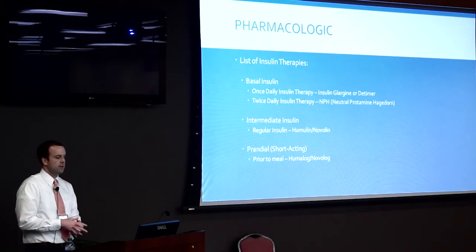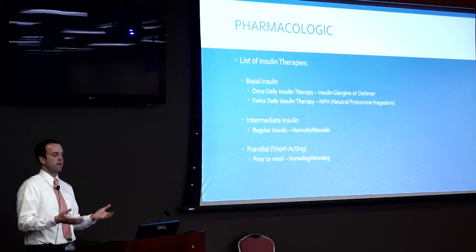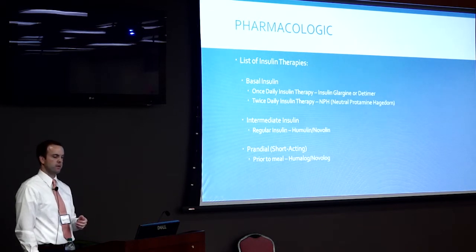So basal insulin means it's basically once-a-day therapy. So glargine and detemir are two different types of insulin. These are Lantus and Levemir, the brand names. And the reason why we use it is because you give it once a day. It's very convenient, and it'll last throughout the whole day. Usually give it at night. Also, there's other types of insulin like NPH, which lasts between 10 and 16 hours usually. That's why you give it twice a day. Intermediate insulin, we don't use it much in the outpatient setting, more than the inpatient if needed.